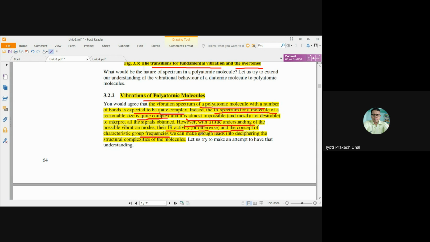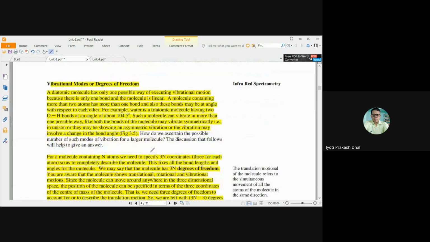group frequency, we can make enough leads to observing the spectral complexity of the molecule. So here we will discuss what are the different modes of vibration and also the degrees of freedom for a polyatomic